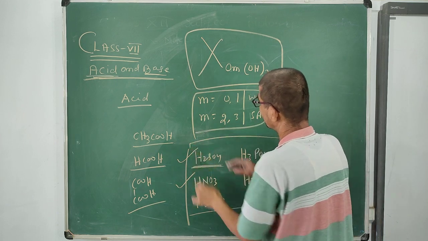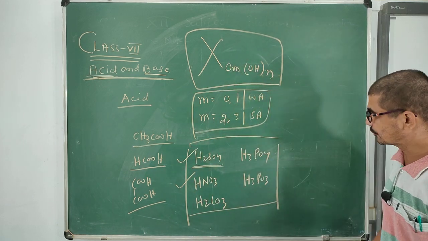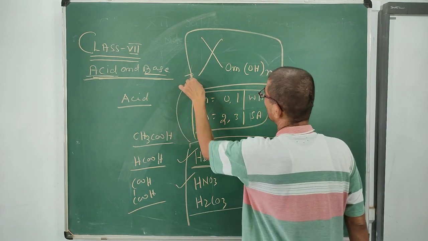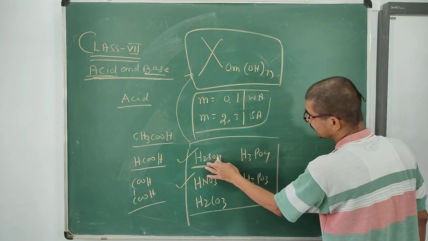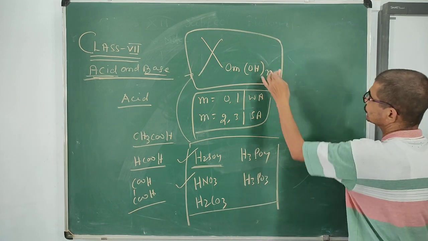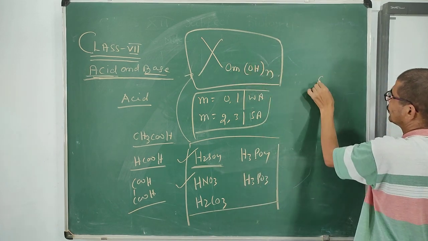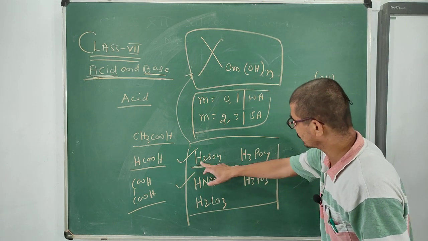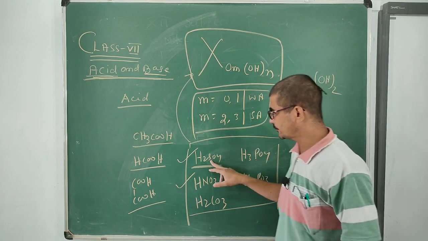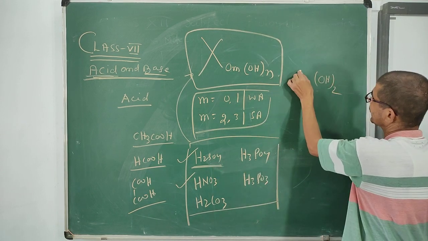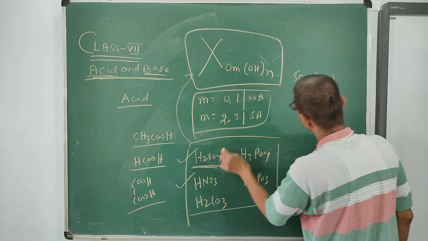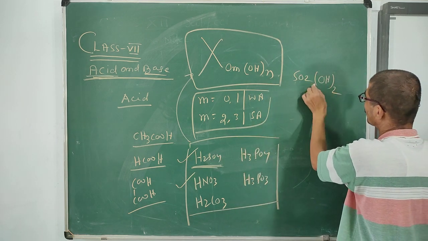Okay, but how can you get the value of M? This is the question. So this is sulfuric acid. Now sulfuric acid breaks down in this form. How many hydrogen atoms are there? Hydrogen is 2, so this is the place for hydrogen. So OH twice: 2 hydrogen, 2 oxygen removed. Finally, we have 1 sulfur and 2 oxygen here, so we can write SO2. So sulfuric acid is just broken down into this form, SO2(OH)2.